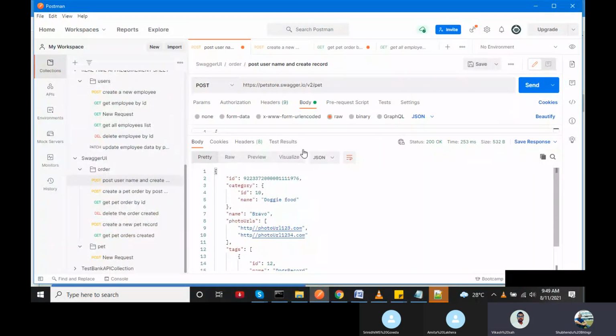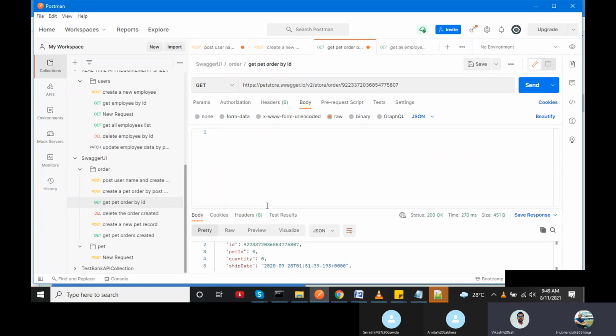Sorry, what happened? You get, I passed pet. In resources, pet would be there. I had used user, so that was not right. That's why I told you, if you do not map the things, you will not get the response. The mapping is very important.